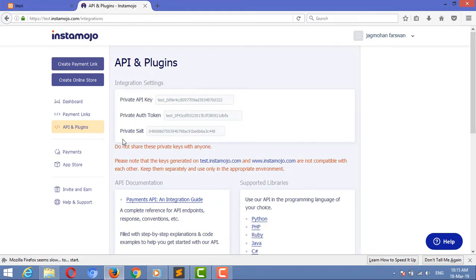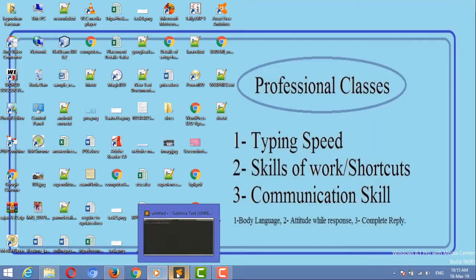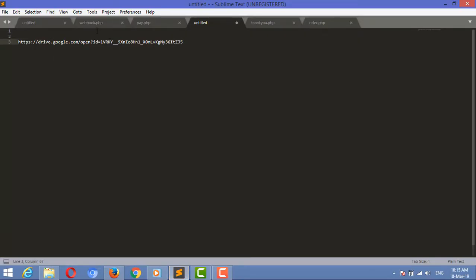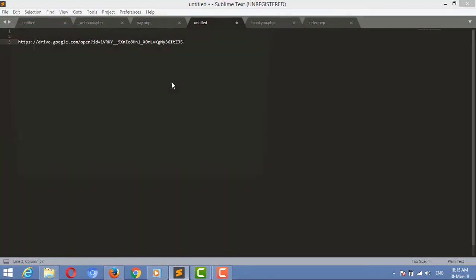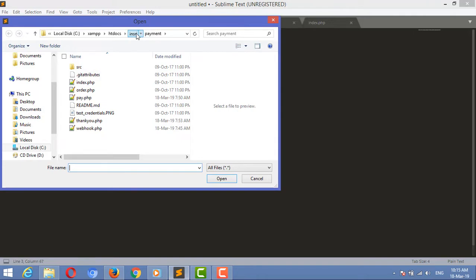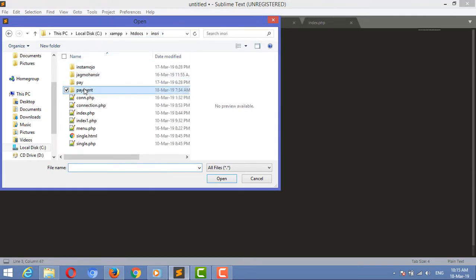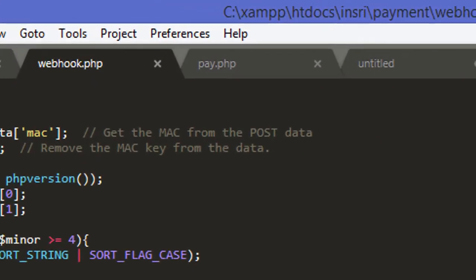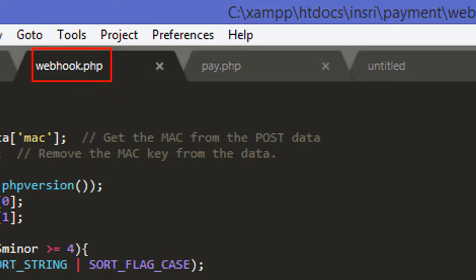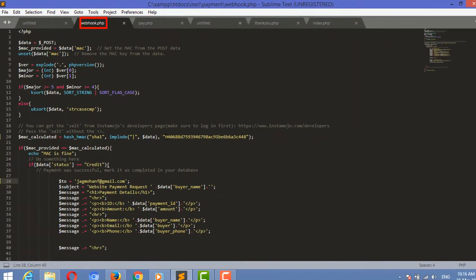So friends, keep in mind these are the keys which you have to put in those files which I have already given you with the link, okay. Here is how we put these in the files: I can do it with any editor. I can open the particular files. Here you have to see your address and the payment, where the webhook is. This webhook is a very important file, where you have to